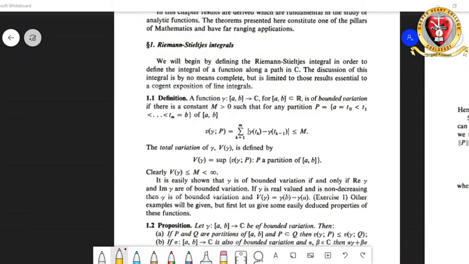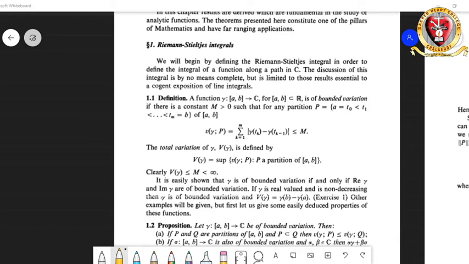From this video lecture, we are going to start with Riemann-Stieltjes integrals. This is chapter 4, which starts with complex integration. These are the fundamentals of the area of the study of analytic functions, and they constitute one among the